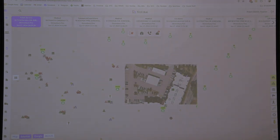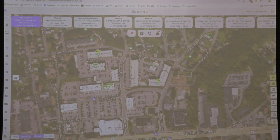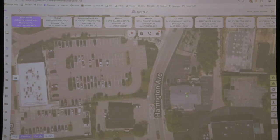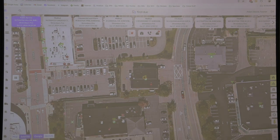And let me go to the fire station. We can show you stuff about that. So if we go to the fire station here, we were to come in and look at this building. Again, we have some icons on here. Here's a fire alarm control panel. In the back here, this is the gas shutoff for that building. And let's learn about this building here. So we can not only click on these buildings,